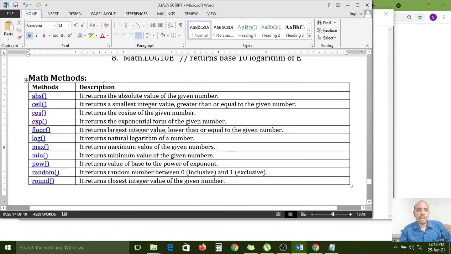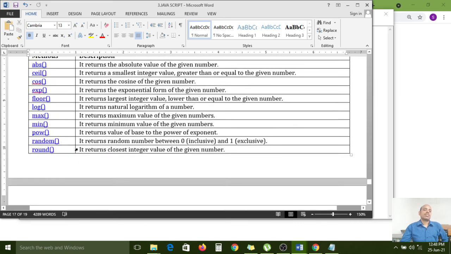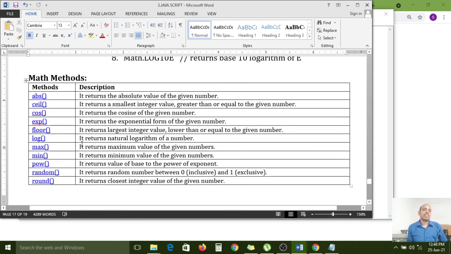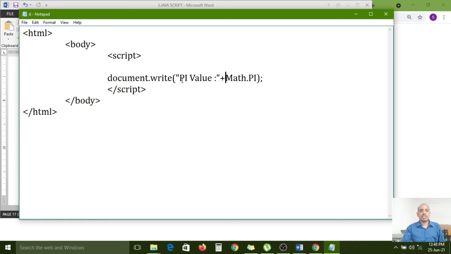So here the math object contains different methods. There are a lot of methods we have. So here I have given some values. The abs function we have, that returns the absolute value of the given number. Now I want to pass the Math.abs function.